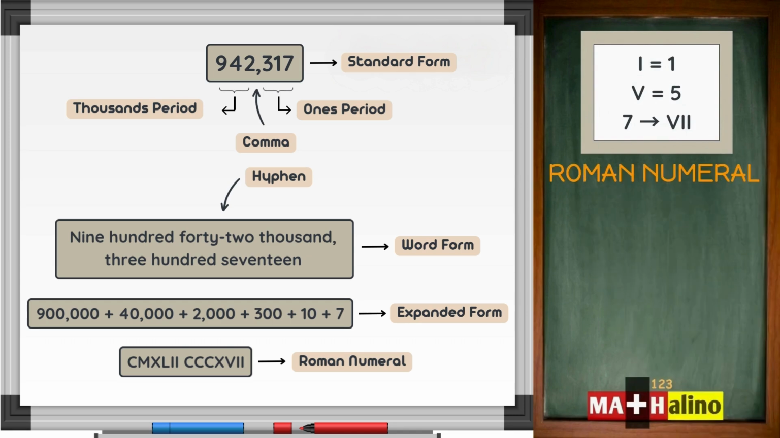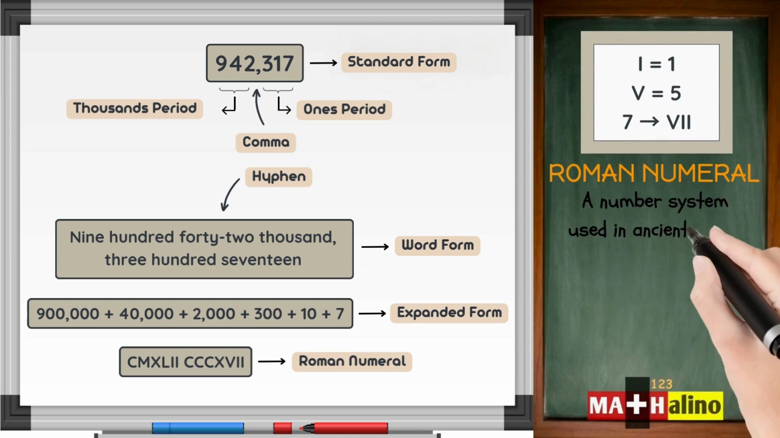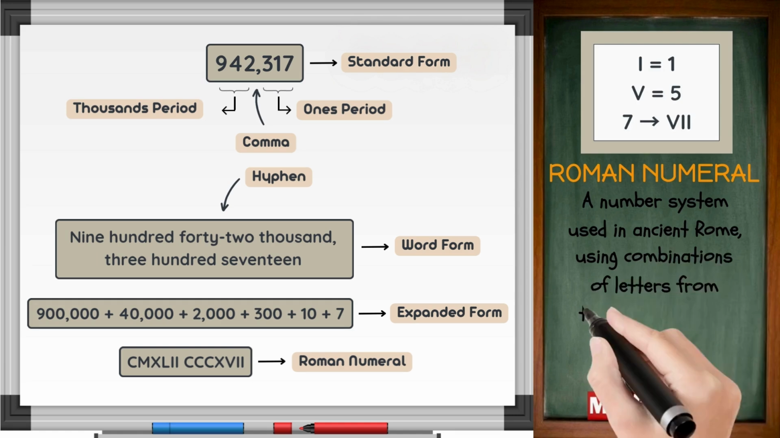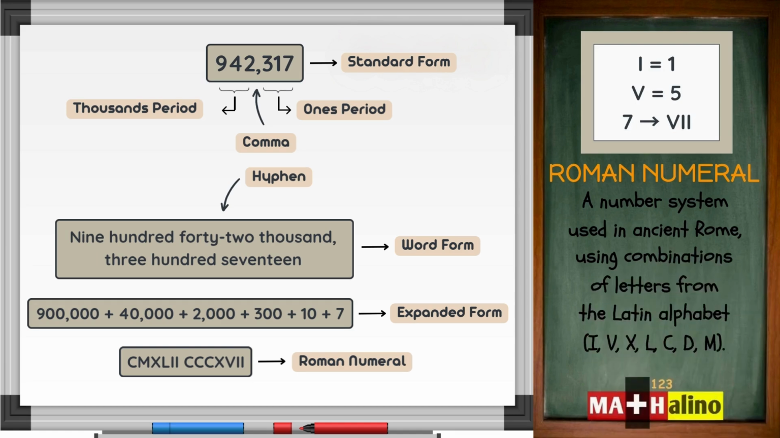Roman numeral. A number system used in ancient Rome, using combinations of letters from the Latin alphabet I, V, X,